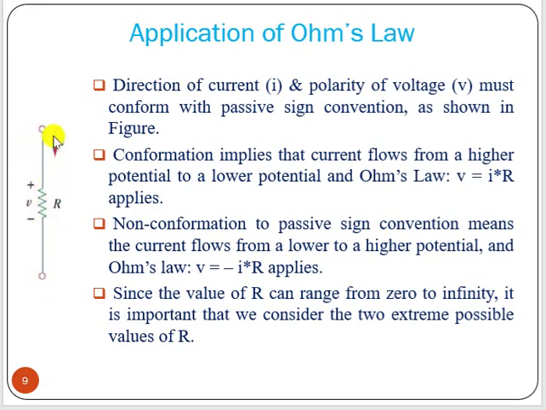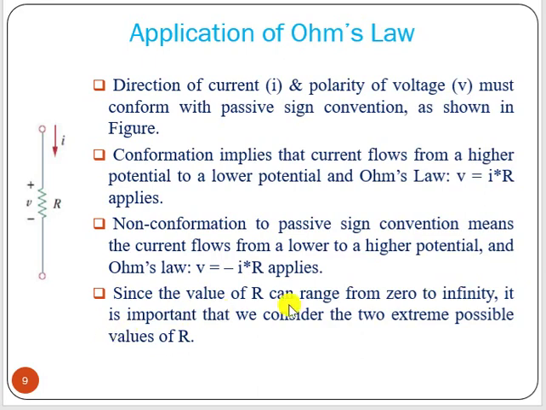In the figure, we can see current is flowing through this resistor from the top to bottom. So the top should be positive and the bottom should be negative. So current is flowing from positive to negative. Okay, that means V equal to IR. Now if we reverse the polarity, so this is plus and this is minus, then you find V equal to minus IR, because the polarity of voltage is opposite to the current flow. Then you have to put V equal to minus IR.